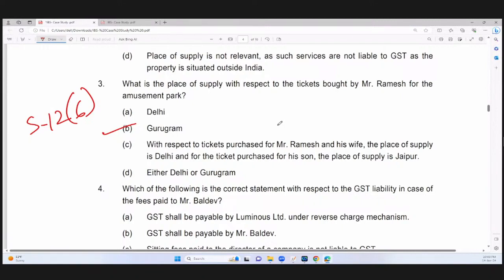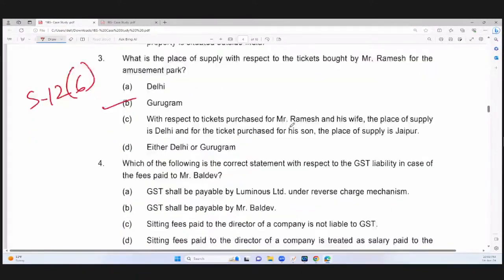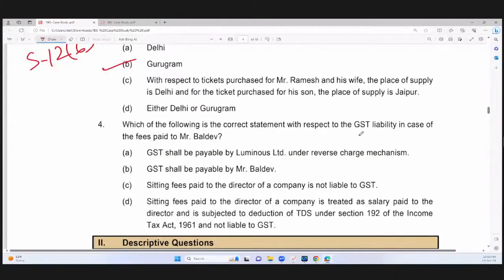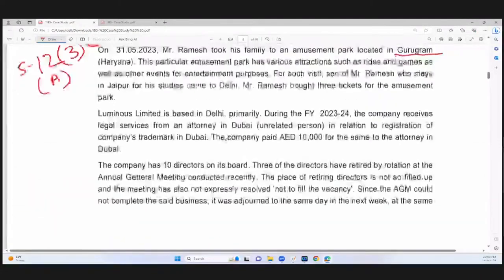यस, नेक्स्ट क्वेश्चन इज अगेन रिलेटेड टू जीएसटी. GST, which of the following is correct statement with respect to GST liability in case of fees paid to Mr. बलदेव? अब बलदेव को आपने उसमें देखा है, जो हम कह रहे थे लॉ का क्वेश्चन है या कोई और भी हो सकता है।